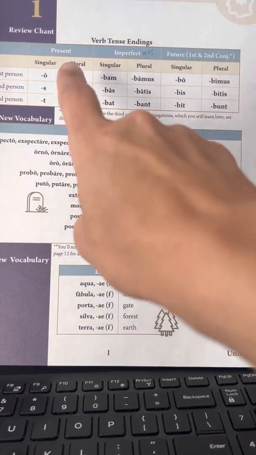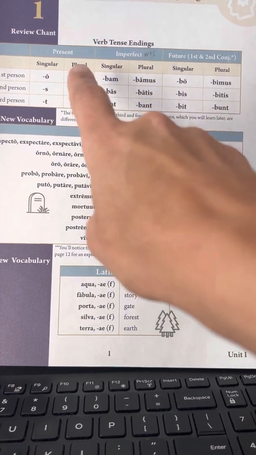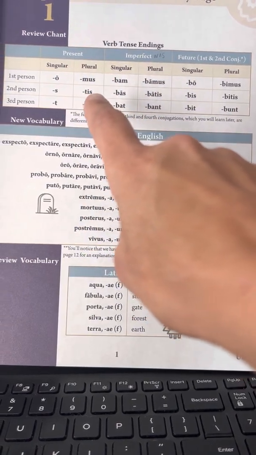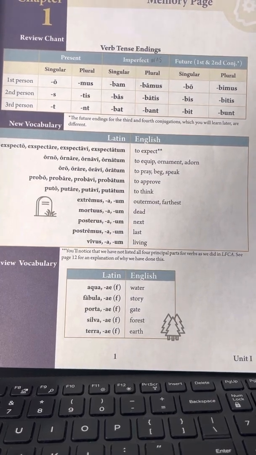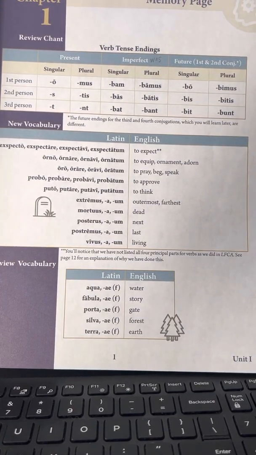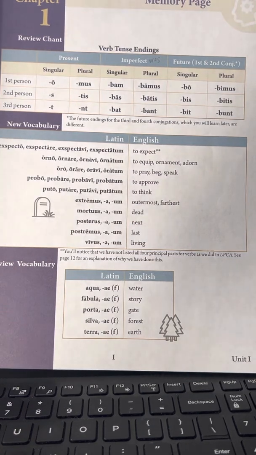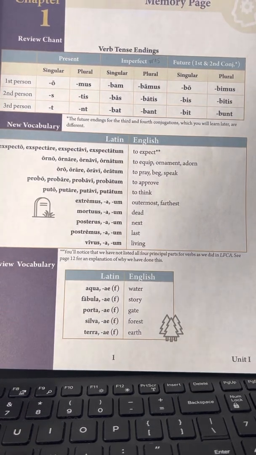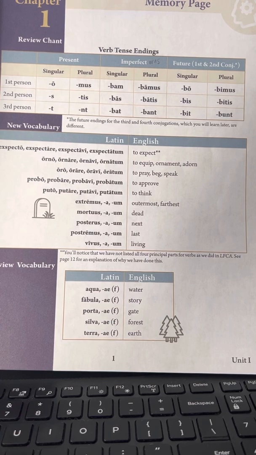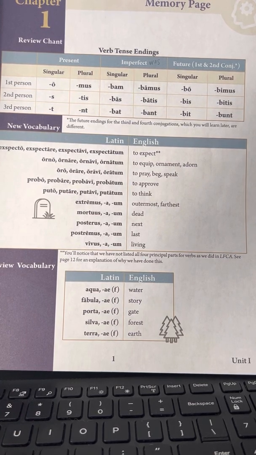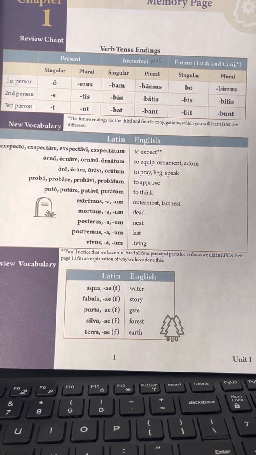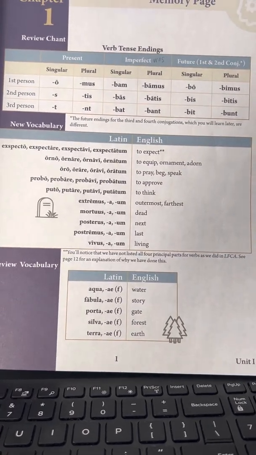So if you look up at your present tense verb endings right here for singular and plural, depending on if you're in the first person, the second person, or the third person. So we say those: o, s, t, mus, tis, nt. We will go through the meanings of these in class next week. Okay? And then you have your imperfect tense, where we put the word was in front of our verb,